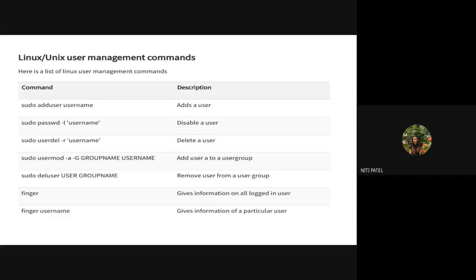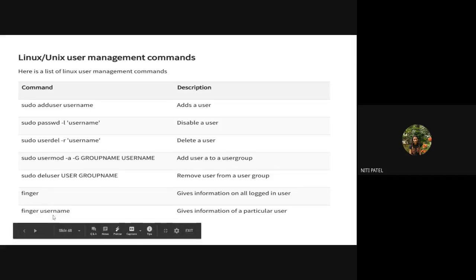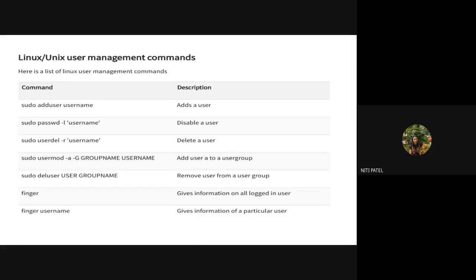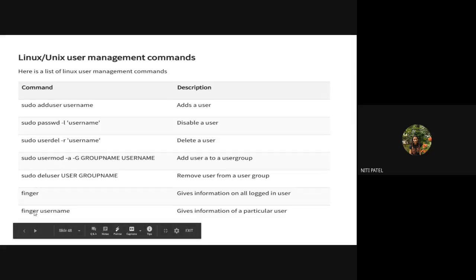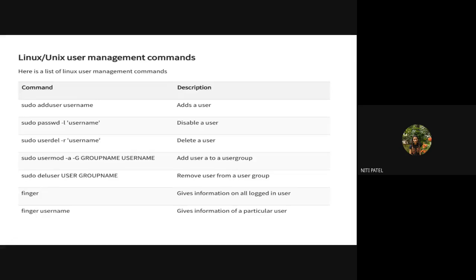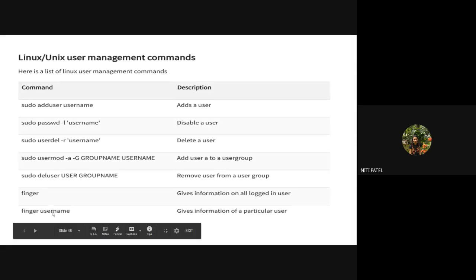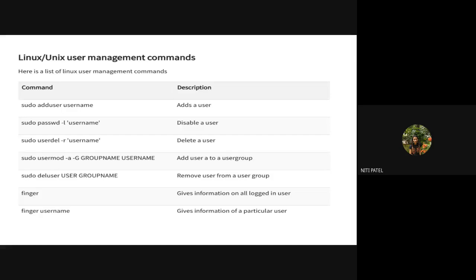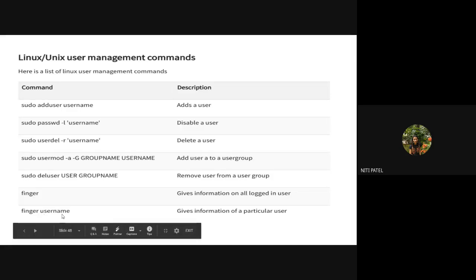Even if the normal user executes this command, he has to write his own user account name over here. That is, if I have logged in as ABC, what I will use is finger ABC. What I will get to know is the detail about my own account: what time I logged in, what time I logged out, and what were the files that I had accessed. But I cannot replace my own name with any other username. It will never allow me to do so. Yes, again, if a user has been given su command rights or super user rights, that user can also use this command. But unless and until you have the root ID and password, you cannot execute this command.